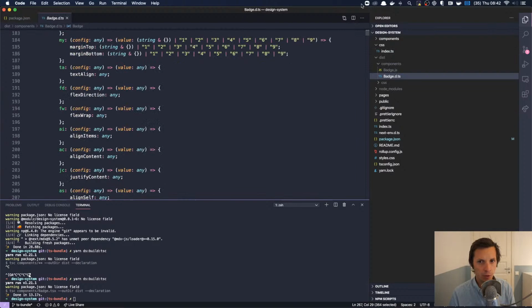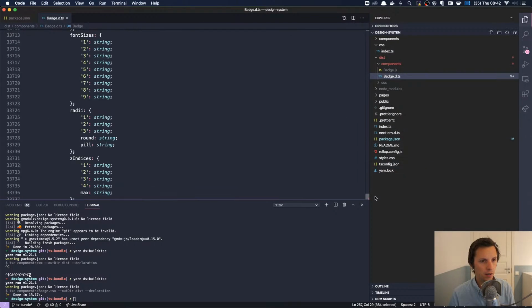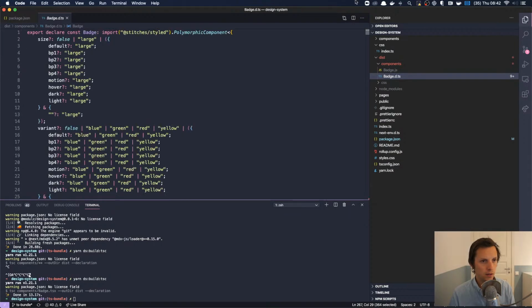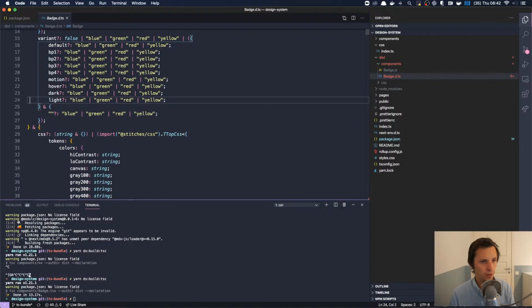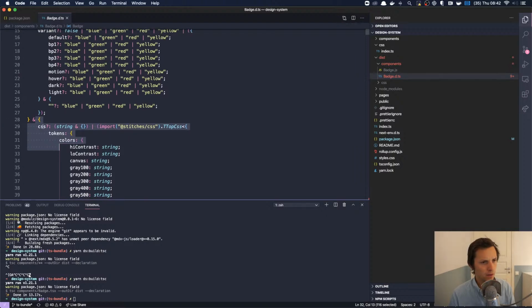So again, the problem here is that it creates this insanely huge declaration file. This stuff is okay because that's specific to the component, but then it adds the CSS prop.